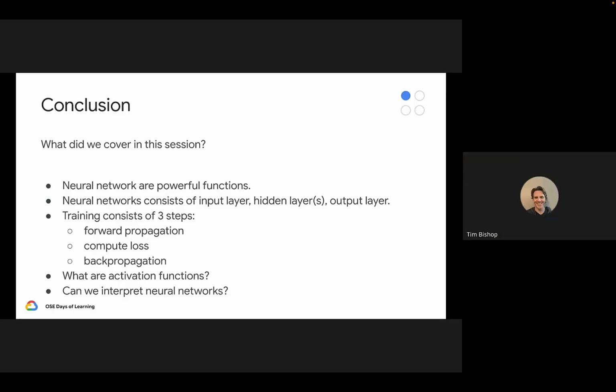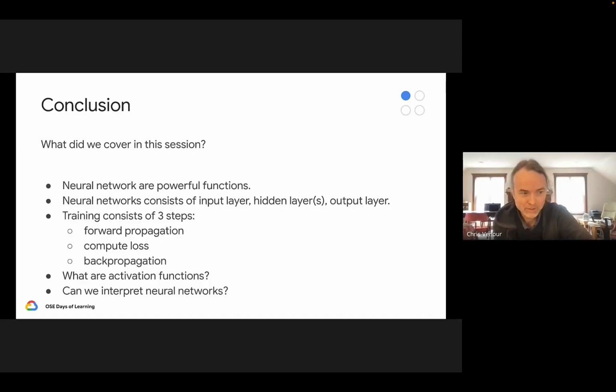Tim. Hey, Chris, really great presentation. Just a quick question. Who or what determines how many layers are in a model? That's a great question. That's part of the art of training a model. So it's very experimental. You start off simple, and then if the model is really struggling to train well, then you add more layers because the neural network needs to be more complicated for your problem. And then you do that incrementally.